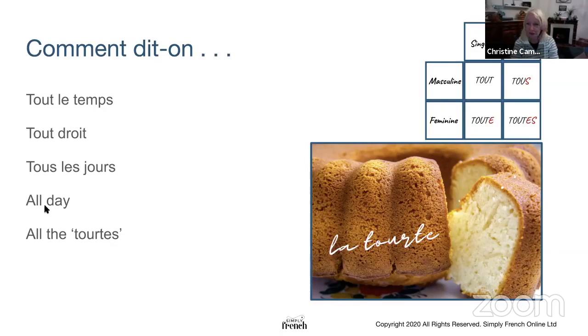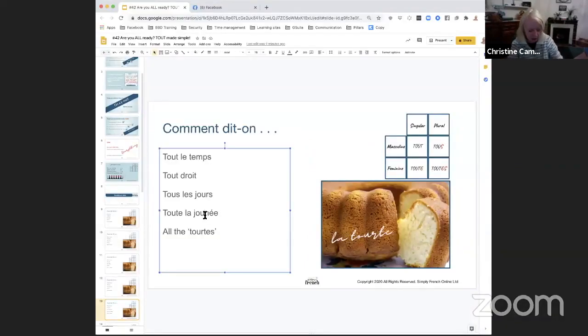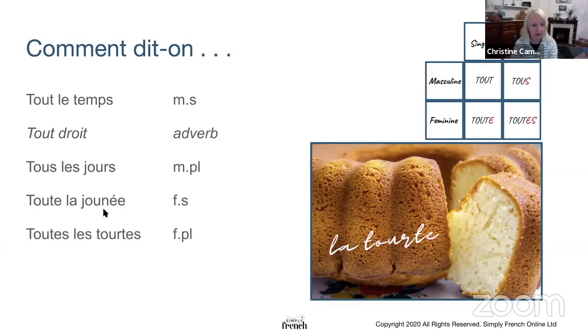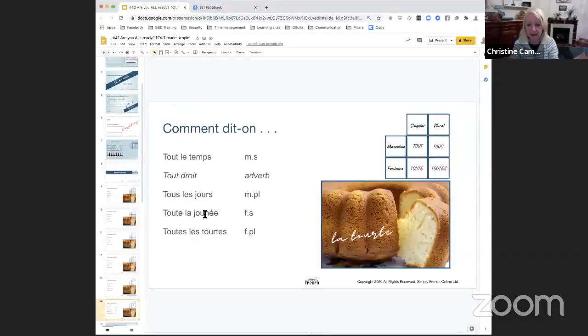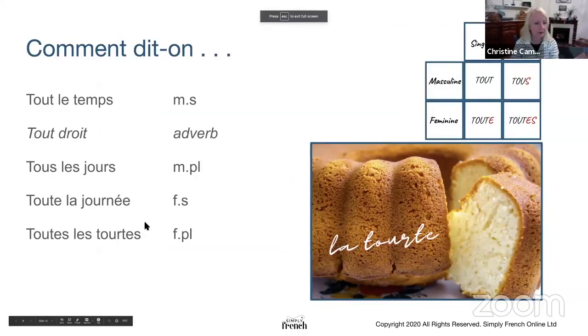Toute la journée she's offering. Let's have a look. Toute, oh, I've spelt it wrong. I'm going in, I can't cope. Toute la journée. Oh, to be human. There we go. Toute la journée. And all the tourte. Okay, obviously we have this to correct again. Toute la journée. Okay, there we go. Oh, I'm being human. So, and toutes les tourtes. I am really